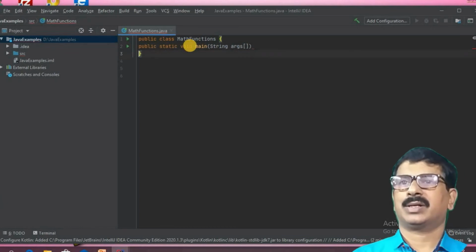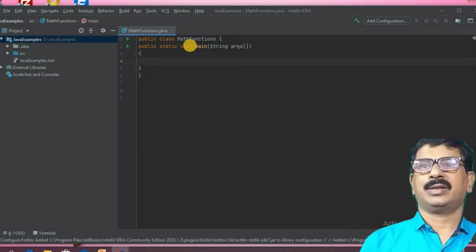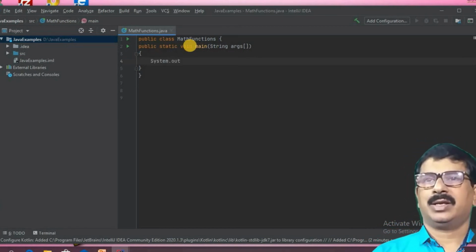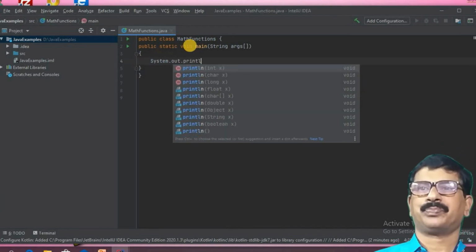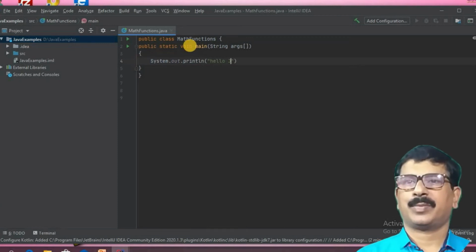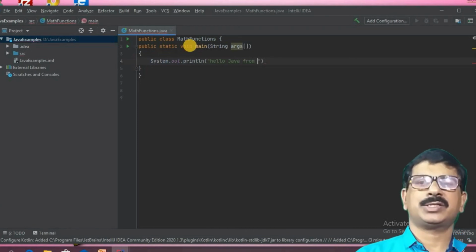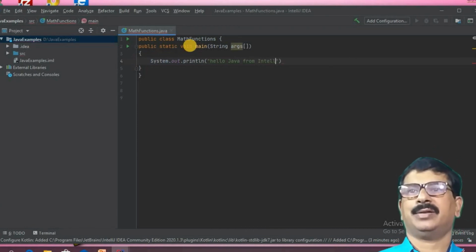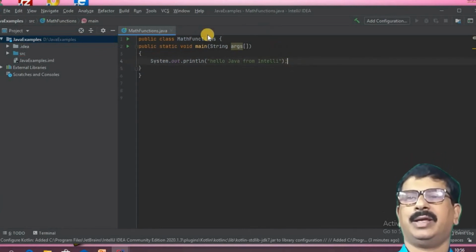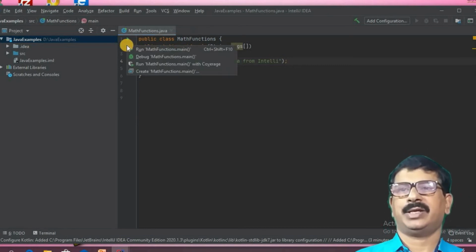Just type public static void main, string args, then parenthesis, then press enter, then curly, then you can type the command system.out.println and then take hello Java from IntelliJ.